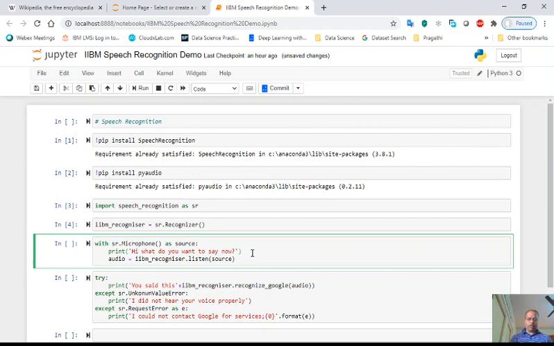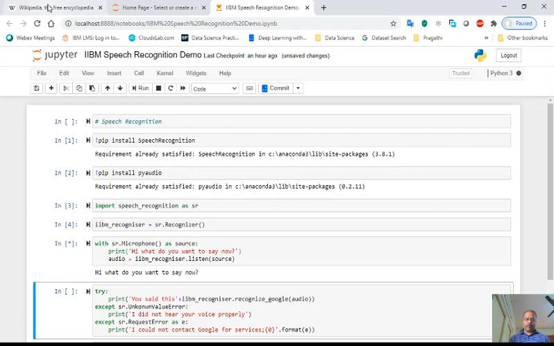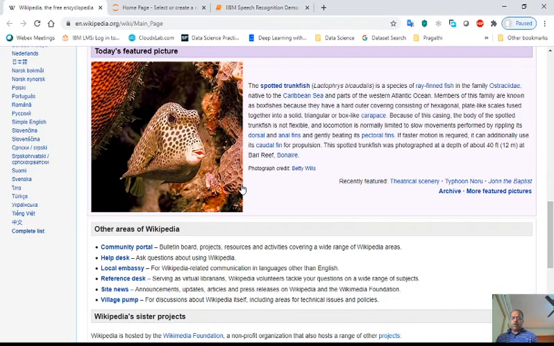Let us see this statement. The spotted trunkfish is a species of ray finned fish in the family Ostracidae, native to the Caribbean Sea and parts of the western Atlantic Ocean. Members of this family are known as boxfishes because they have a hard outer covering consisting of hexagonal plate-like scales fused together into a solid, triangular or box-like carapace. Because of this casing, the body of the spotted trunkfish